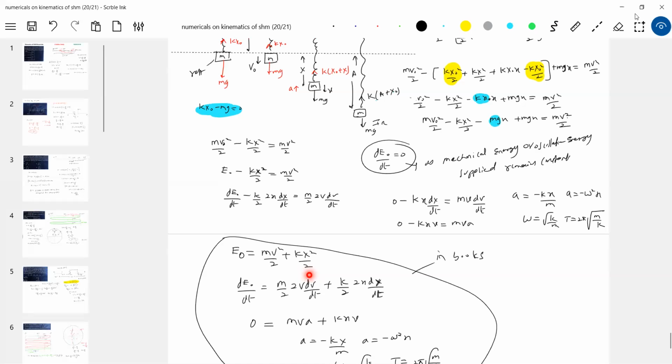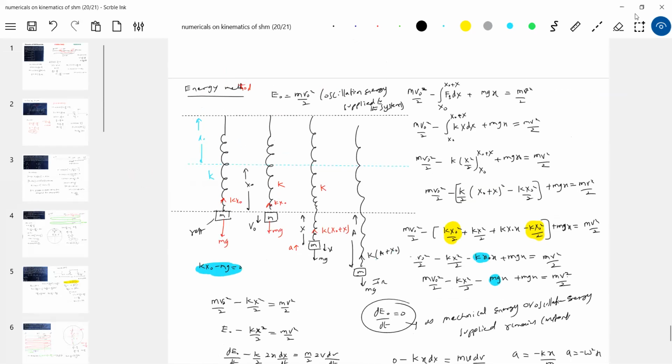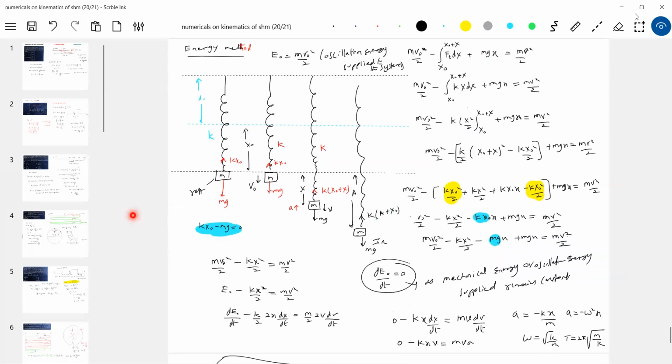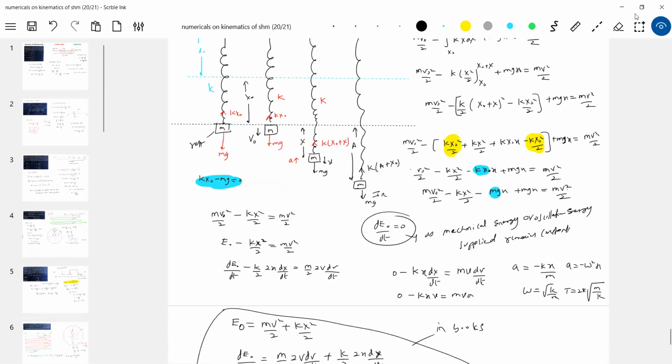Again and again it will trouble you: why is sir not taking gravitational potential? Why only elastic potential and kinetic energy of the block? The reason for that, mathematically, we have a proof. Though we took the work done by gravity also, we still got the same answer. The reason is that the work done by the initial spring force and gravity will always be equal and opposite. So the net work done by that pair is eliminated, and only the additional spring force does work. That is all.